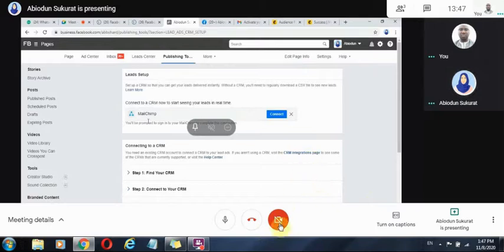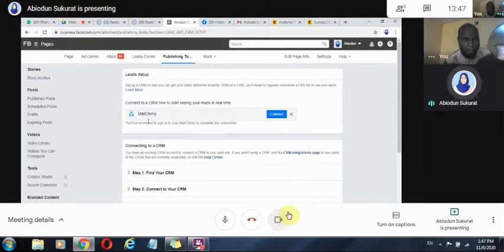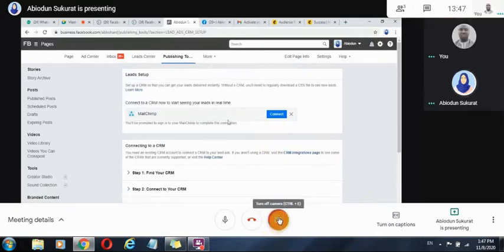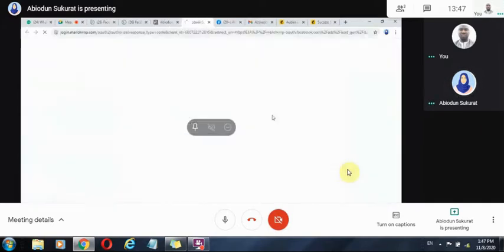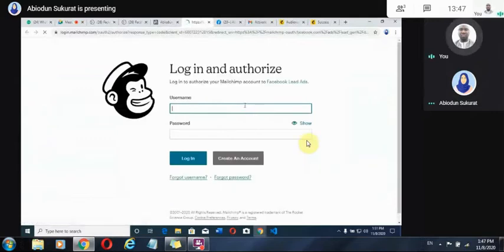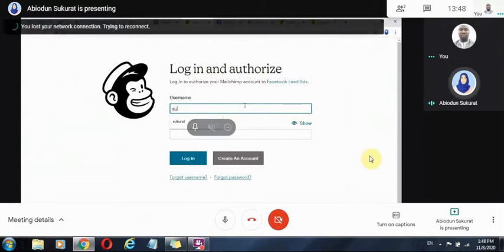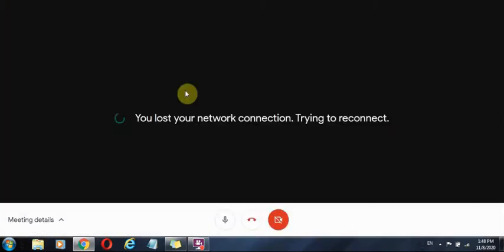Click on connect. Now when you click on connect, it's going to redirect you to Mailchimp, where you will be able to log in your data, your name,